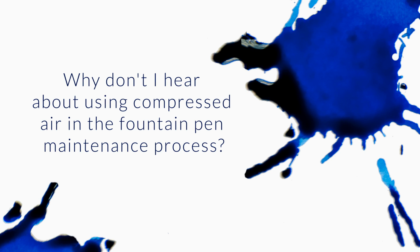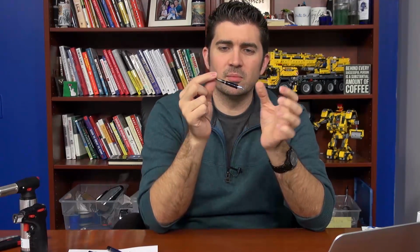I noticed there was a lot of water left in my pen after cleaning it, and I used a can of compressed air to clean it out. Why don't I hear about using compressed air in the fountain pen maintenance process? Okay, fair enough. So if you have a fountain pen and you're cleaning it out with water, you're going to expel all the water out of your converter, but you're still going to have a lot left in the grip of the